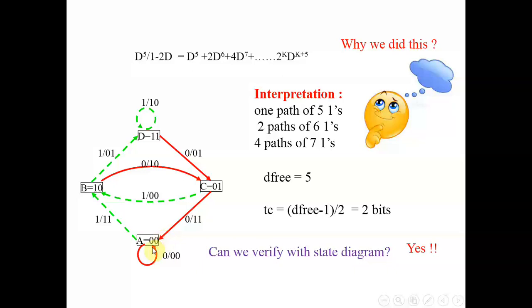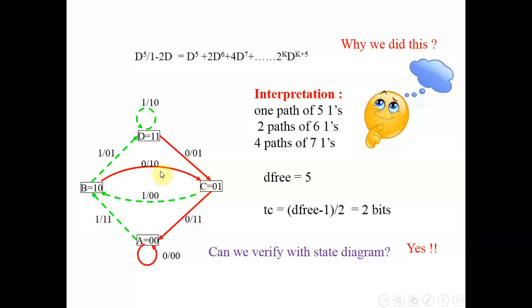So let's do that. I can go from A to B, I can go from B to D, I can go from D to C, I can come from C to A. One possibility. I can go from A to B, I can go from B to C, I can go from C to B, again I can go from B to C and C to A, or I can go from A to B, B to C and C to A. So just see which is the minimum number of ones giving path. If I go from A to B, I have to move away from A. So if I go from A to B, 2 ones, so calculate it, count is 2.